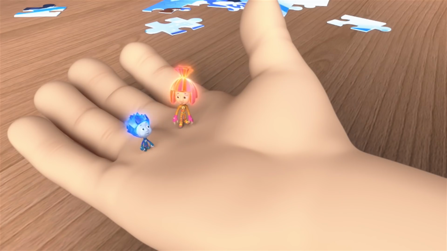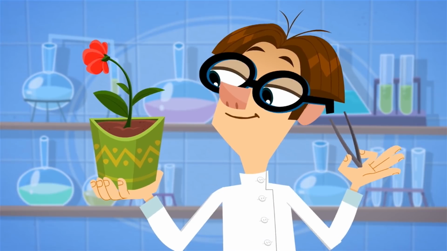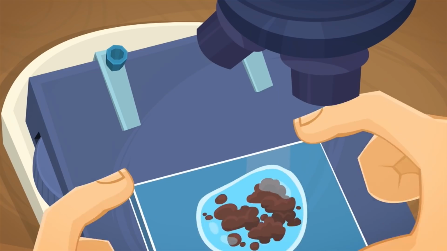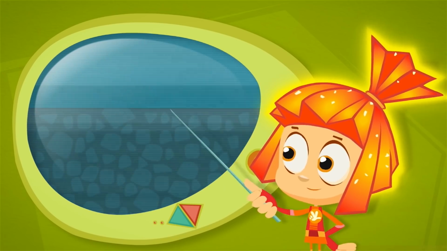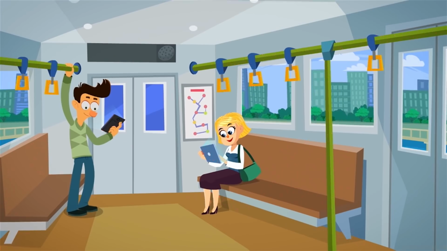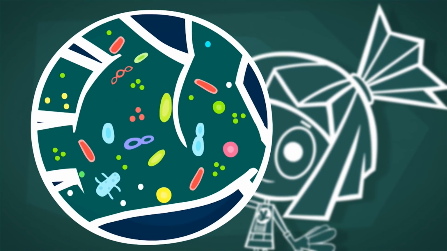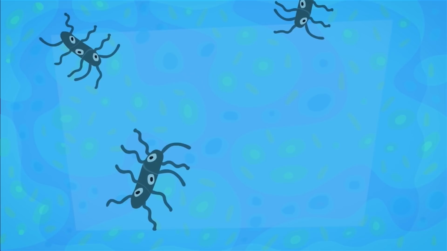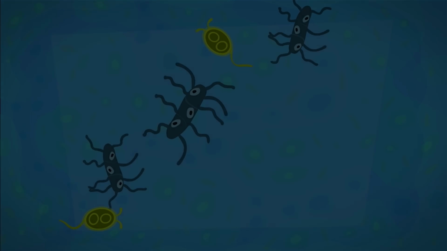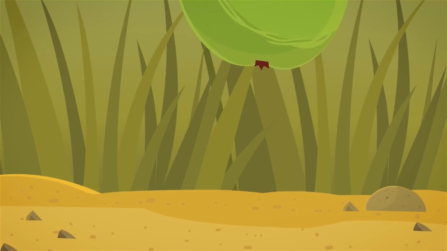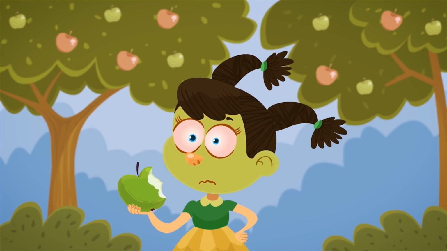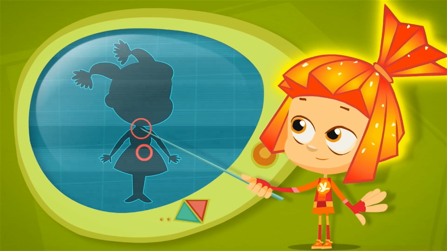Tom Thomas, let's go into your dad's office. He's got a microscope. We can take a look at some germs. Germs, or microbes, are such tiny creatures we need a microscope to see them. But they live everywhere. In the earth, the water, throughout the air. They're on everything, even on us. Some microbes are able to move around with the help of filaments or tails. Lots of microbes are harmless, but there are some dangerous ones too. If they get inside of you through your nose or your mouth, you could end up with a sore throat or a stomachache.